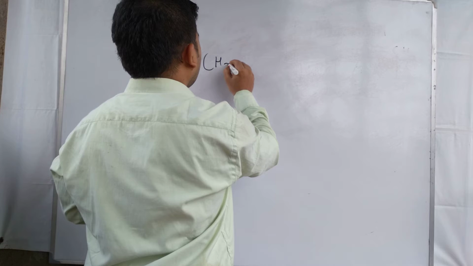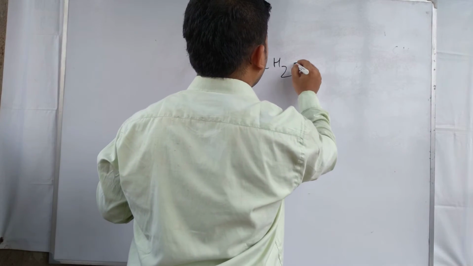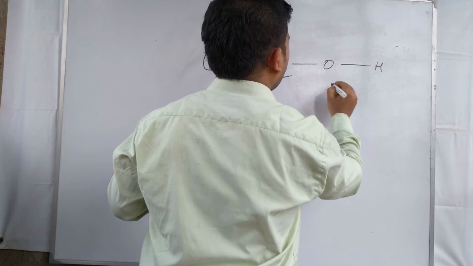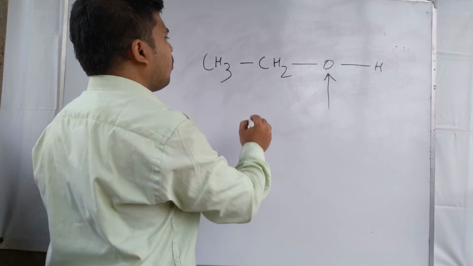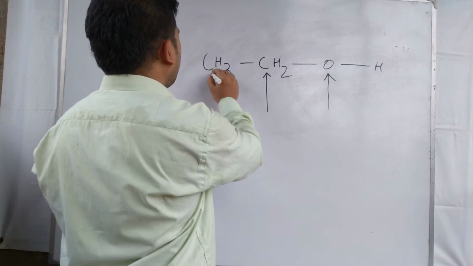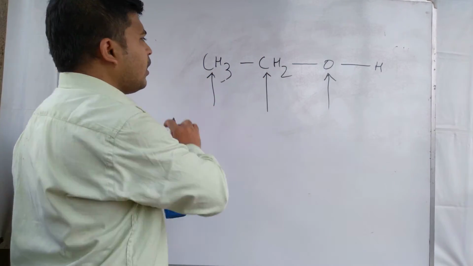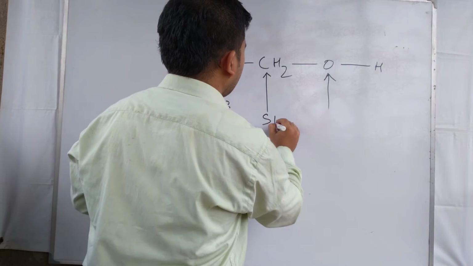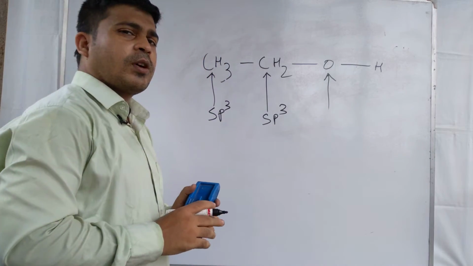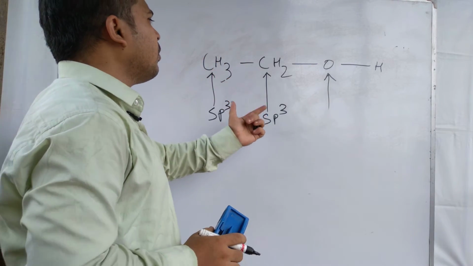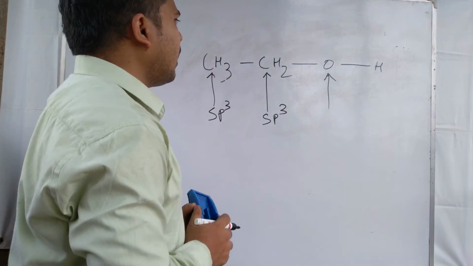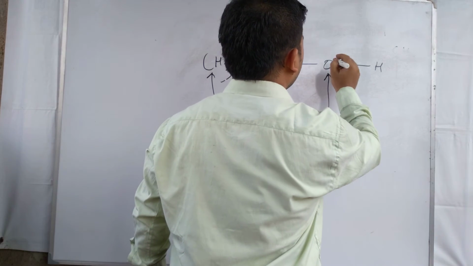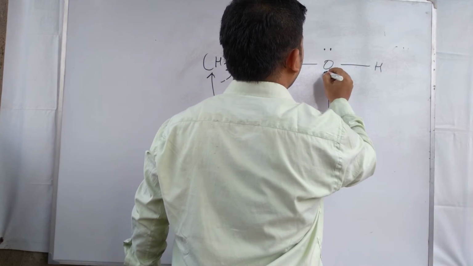For example, CH3CH2OH. Here we have to determine the hybridization of oxygen and of each carbon. You can easily determine that the hybridization of each carbon is sp3. Both carbons are sp3 hybridized, but for oxygen, two lone pairs are present